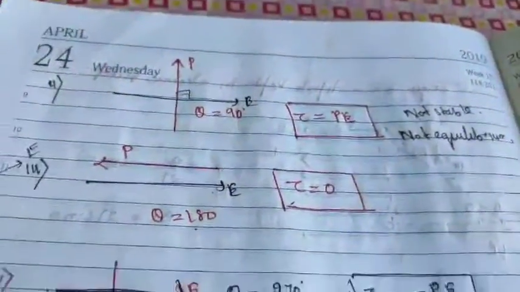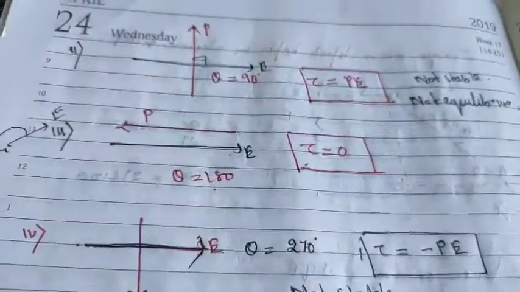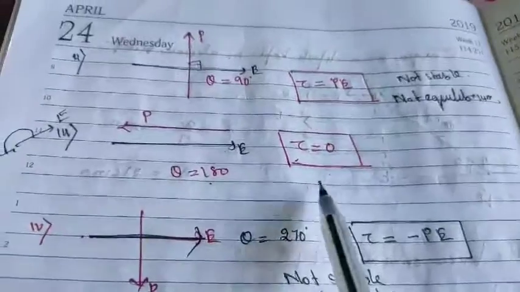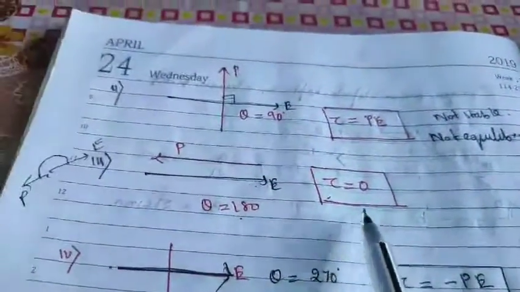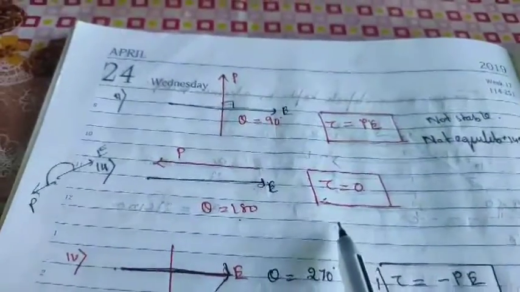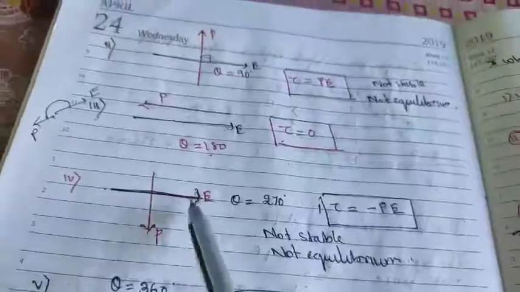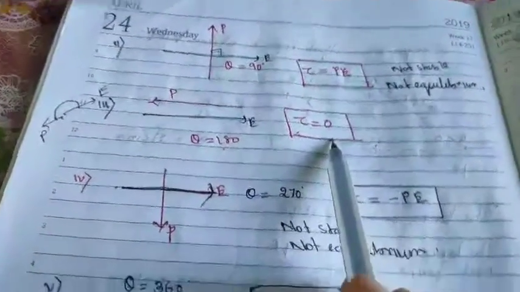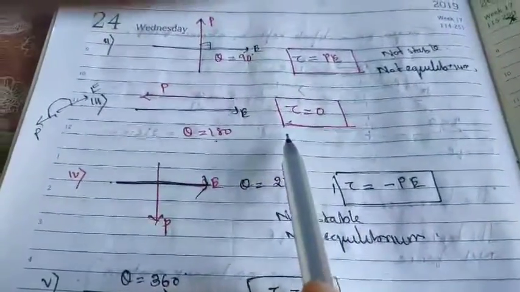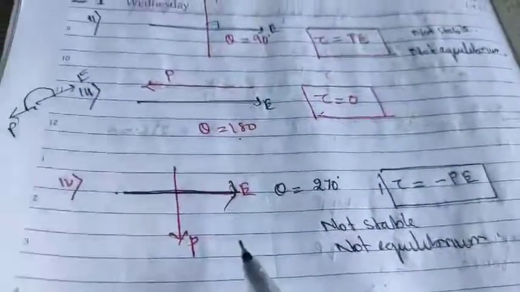But can we say it is stable? No, because student, here the dipole does not regain its position. Understood? So to regain its position is stable, otherwise you can say unstable. If it regains its position, you can say it is stable, no problem. But in many places you will get torque equal to 0. So we can say stable only when theta is equal to 0 degree. Clear to you?